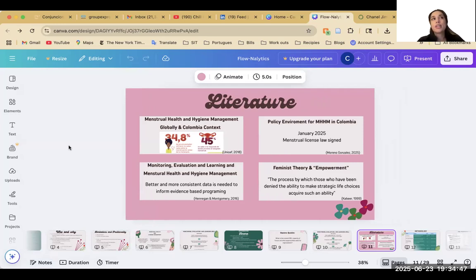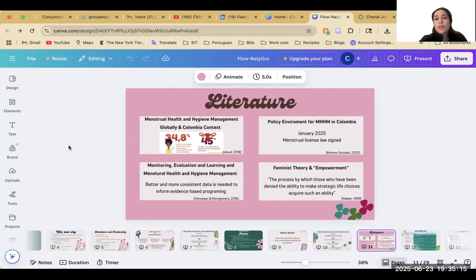There's still a lot that we will have to see on how this will be applied, who qualifies, and the logistics of this law. But it's important that this has been made into a law, that government is talking about menstruation, and it's becoming less taboo.